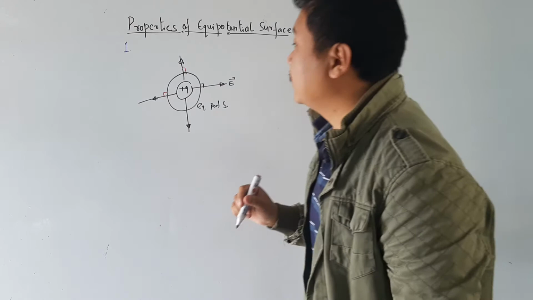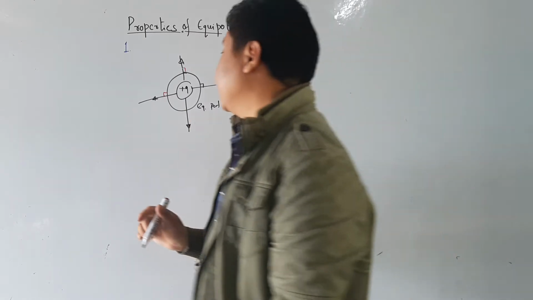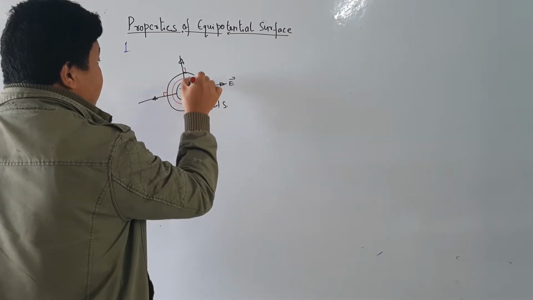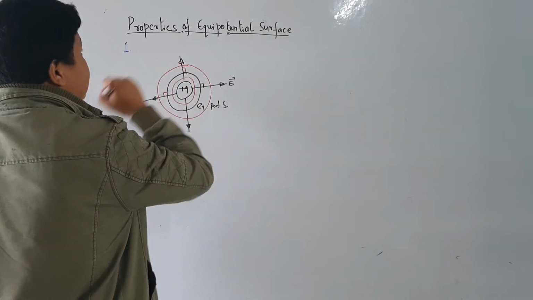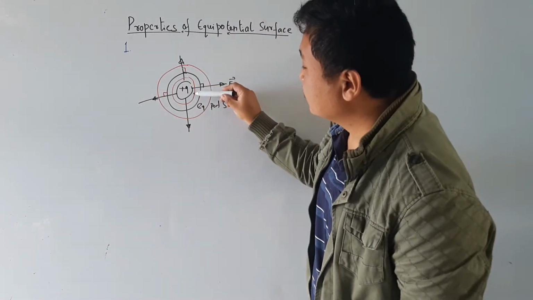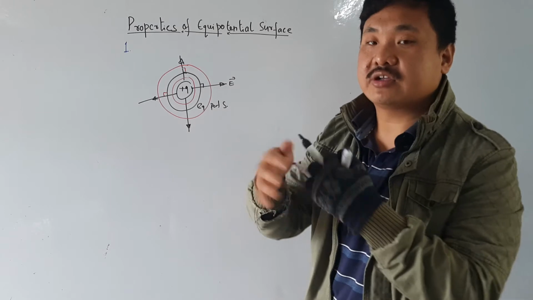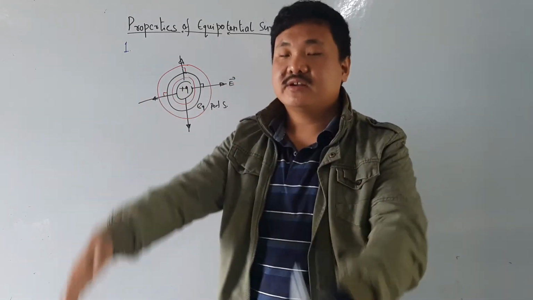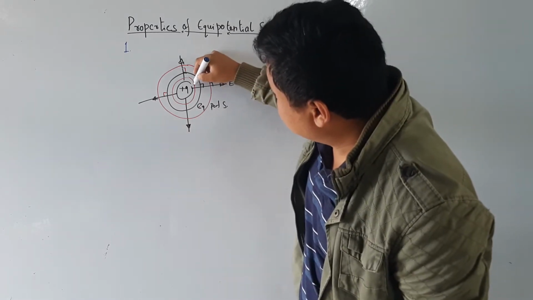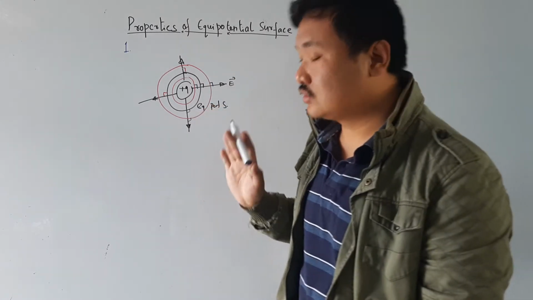Now, the second property is that for an isolated charged particle, meaning you have only a single charged particle, the equipotential surfaces are concentric spheres like this: first sphere, second sphere, and third sphere, all concentric, like an onion. For all these equipotential surfaces, the electric field is always perpendicular. Okay, we got two properties.